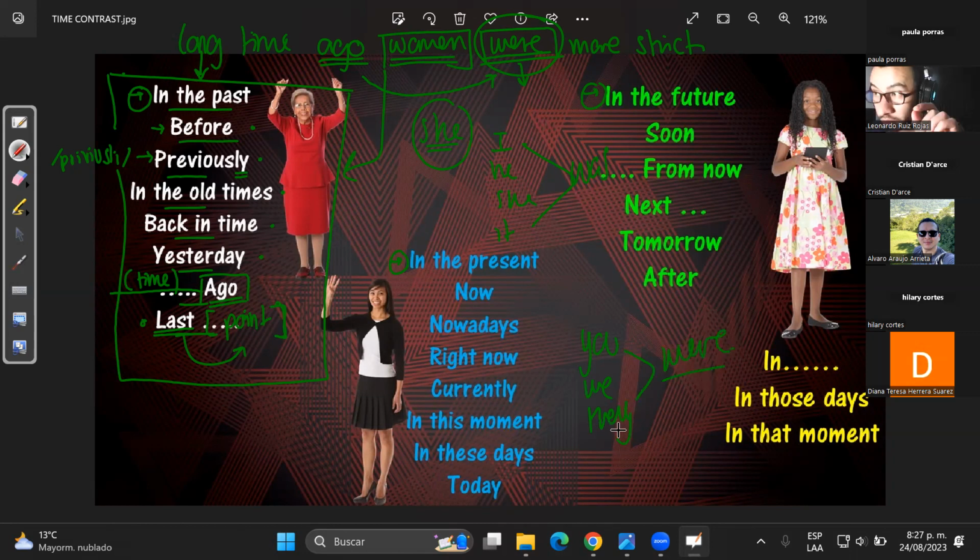¿Listo? Ok, pero recuerda que eso tiene algunas excepciones. Por ejemplo, cuando hablamos de wish. Cuando hablamos de wish, que lo vimos en la semana 2, que era un presente irreal, cuando digo, por ejemplo, desearía ser más alto, todos los pronombres van a ir con were. Esa es una de las excepciones que tengo con was y were. Perfecto, ok. Teacher, ¿el wish es el double question, which? No, wish de deseo. Wish.